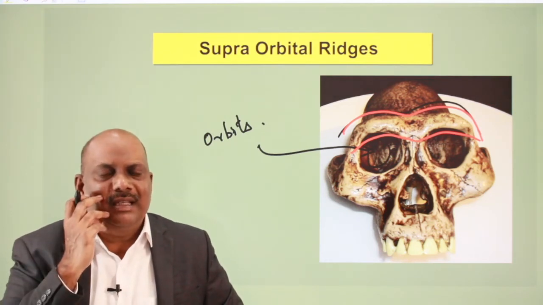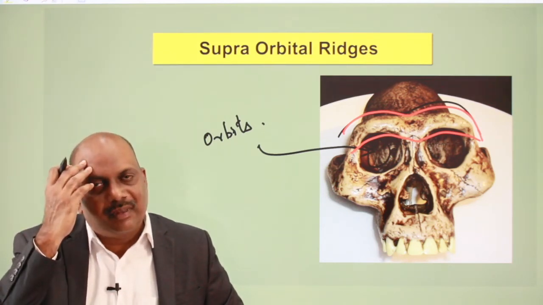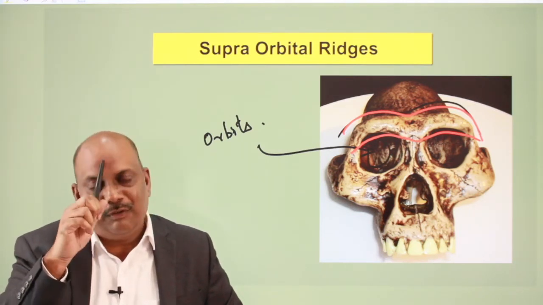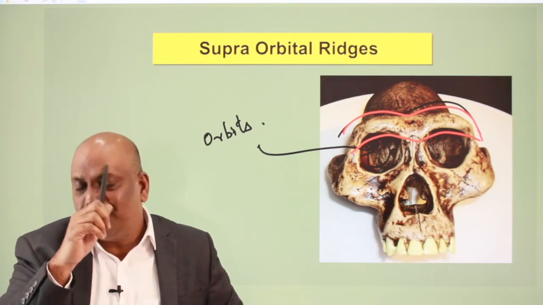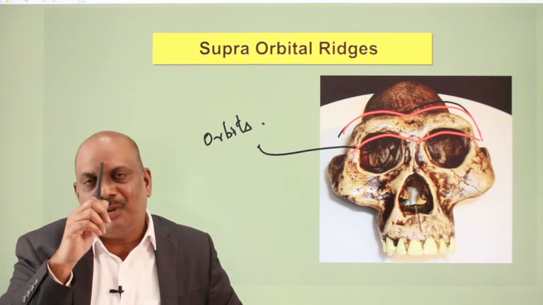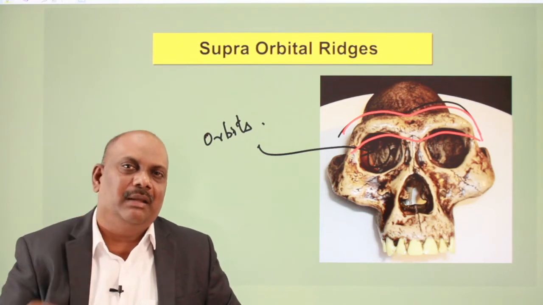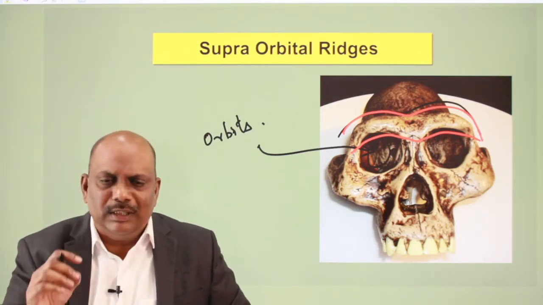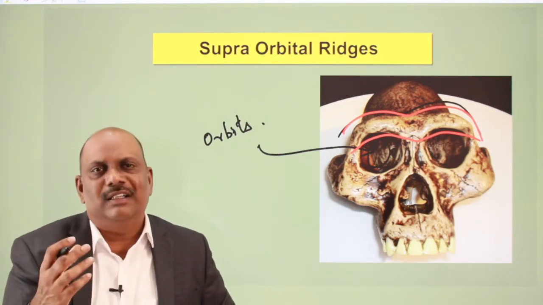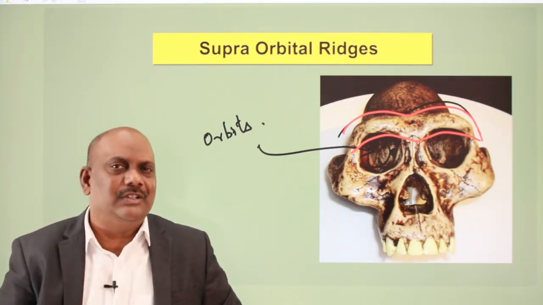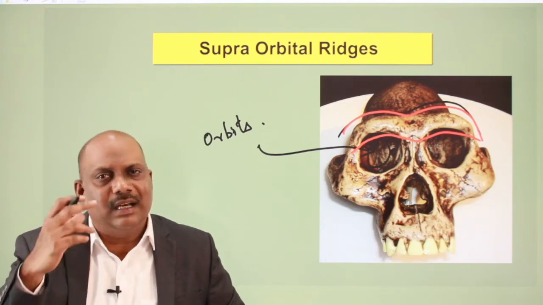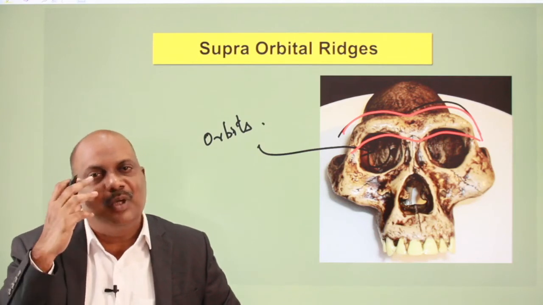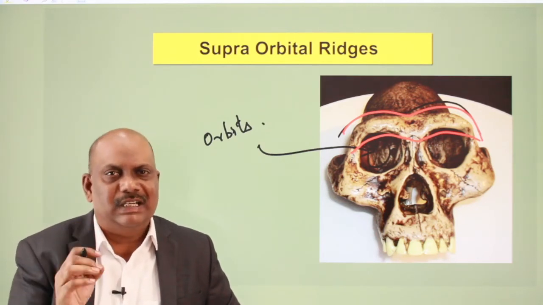It will leave a stress in this bone. The biting action of the lower jaw will leave a stress in the forehead. And if these bones are weak, they may crumble because of the extraordinary biting and chewing process. So the supraorbital ridges developed as a reinforcement in this region, in the forehead, to protect the bones from crumbling because of extraordinary biting